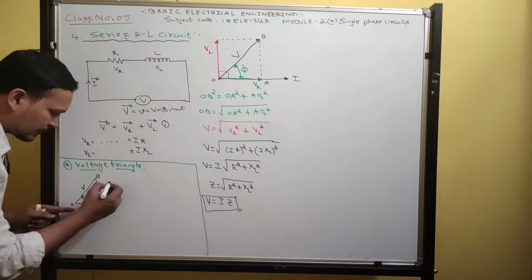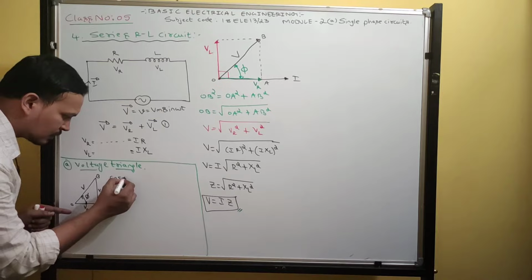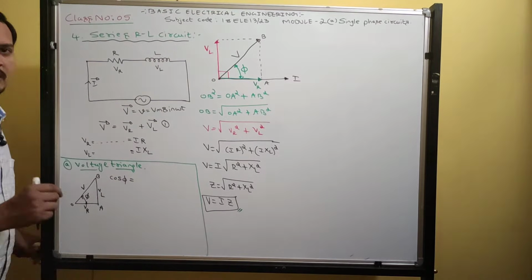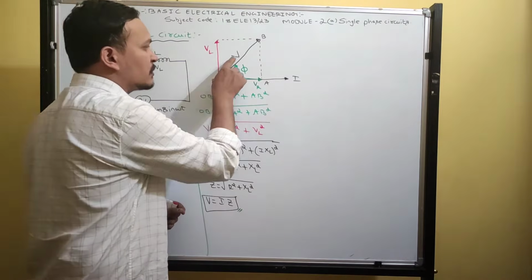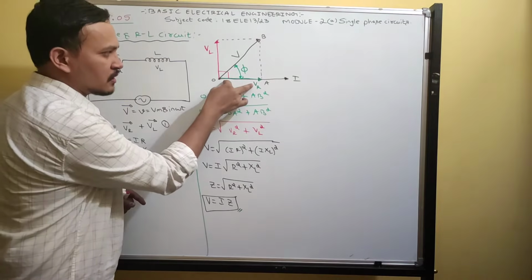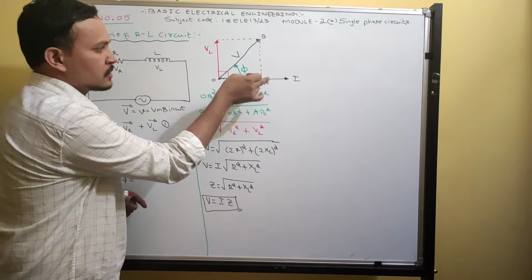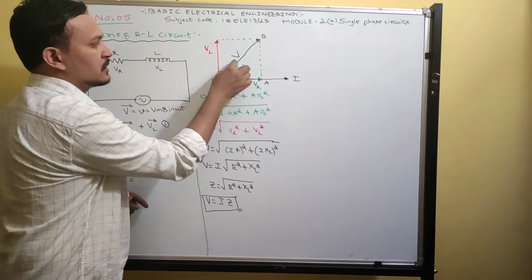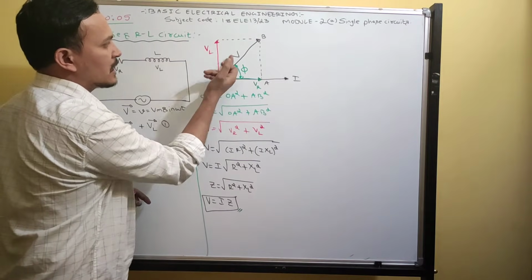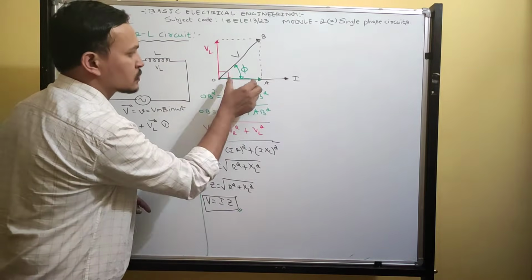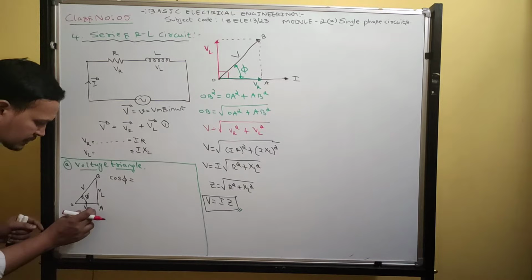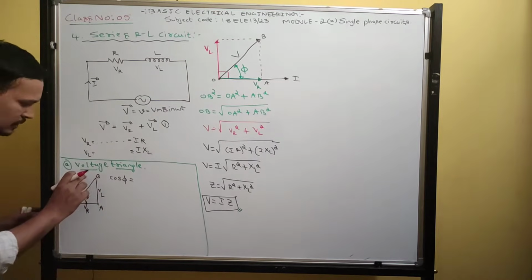Guys, now you apply the power factor formula, cos phi. Now relate these two quantities. What do you mean by power factor? The angle between voltage and current is nothing but the power factor. Since the voltage across the resistor lies on the current axis, the angle between VR and V is the same as the angle between V and I, because VR is coincident with the current. So now cos phi can be written with the adjacent side, opposite side and hypotenuse.